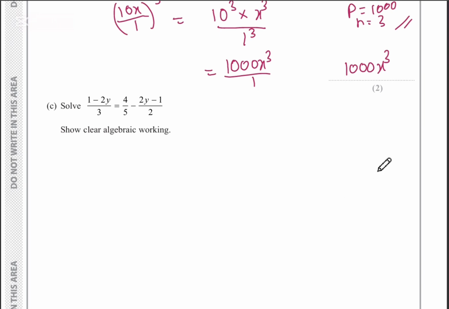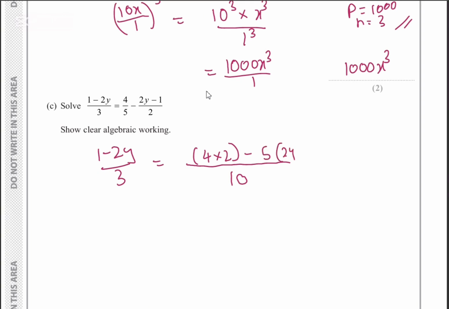Solve this equation. I'll first simplify the part on the right. On the left I have 1 minus 2y over 3 equals, and on the right-hand side I'll get a common denominator. I have 5 and 2, therefore my common denominator would be 5 times 2, which is 10. Then I cross multiply: 4 times 2 minus 5 times 2y minus 1. That was cross multiplication. So 1 minus 2y over 3 equals, if I simplify this, 8